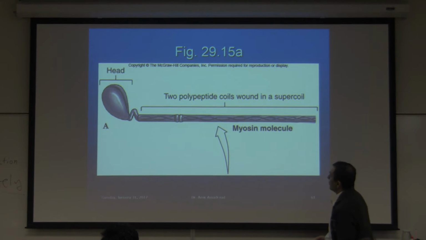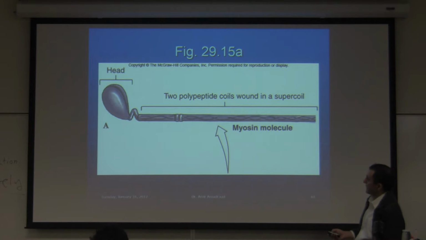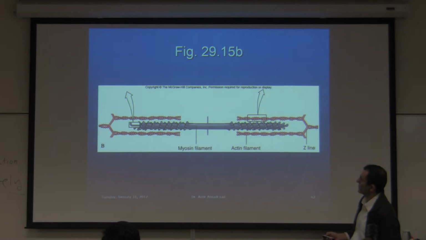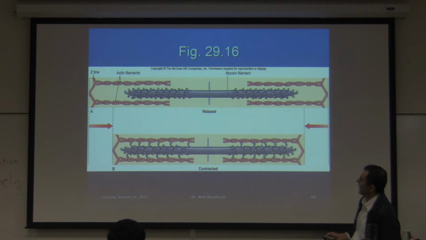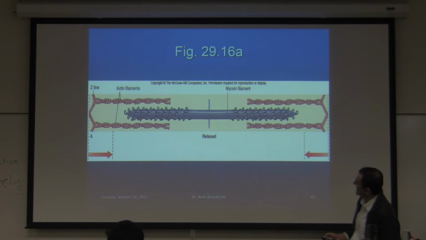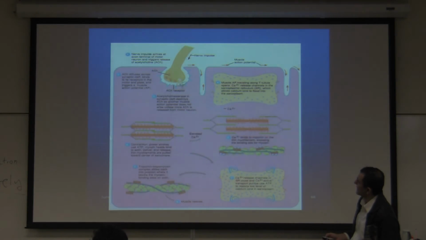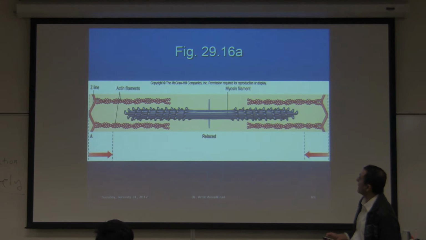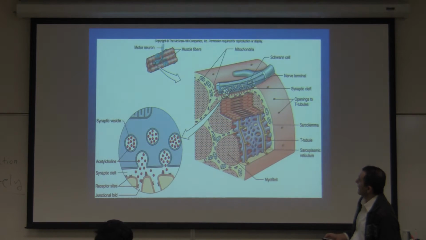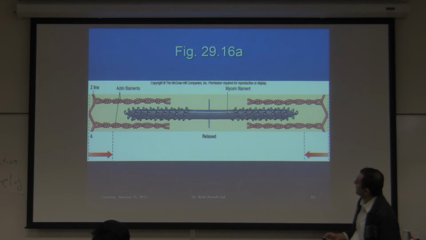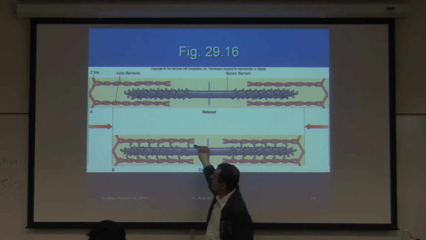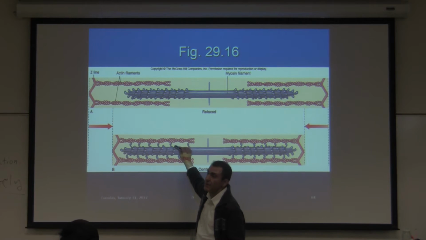Okay, so here they are individually. The myosin is made up of these protein molecules. Here they are, and they are the next thing, the next few slides, I guess, I want to talk about, and then we end the lecture right here after I talk about these things. This is something you should know, and we'll talk about it. I will give you all of the details in a minute.